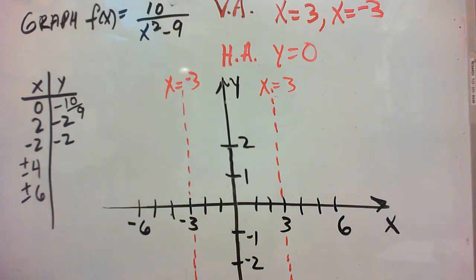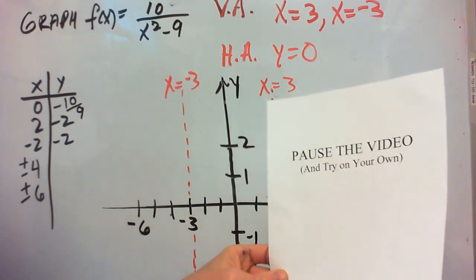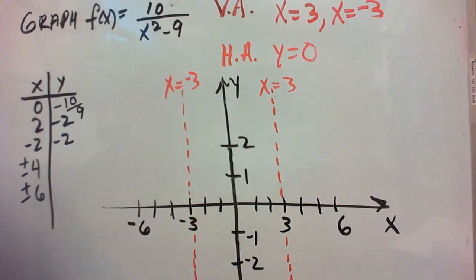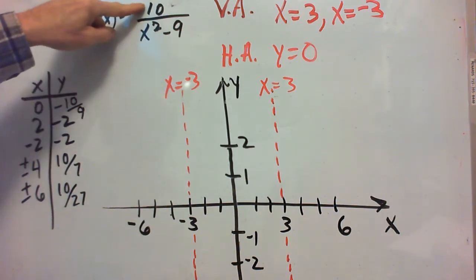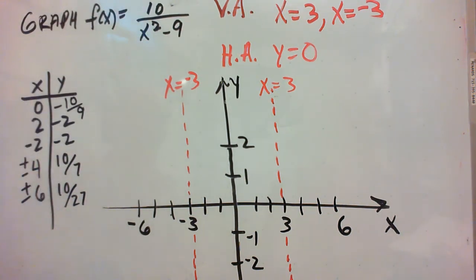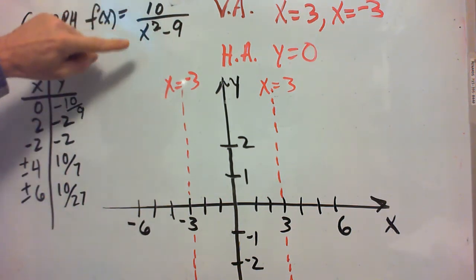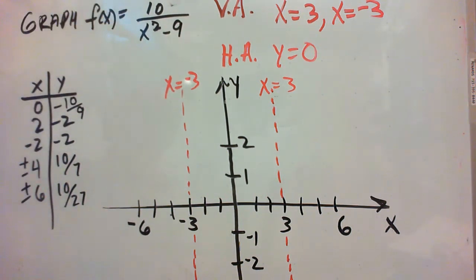So why don't you finish finding all of these y values and plot the points and finish the graph. So pause the video and do that. So when we find the other y values, plus or minus 4 both give us 10 over 16 minus 9, or 10 sevenths. And plus or minus 6, both of these x values give us 10 over 36 minus 9,